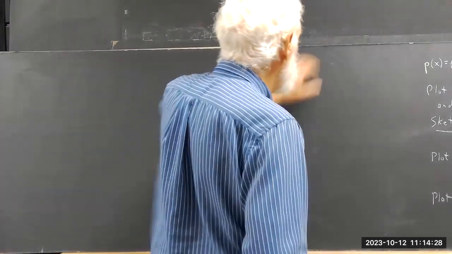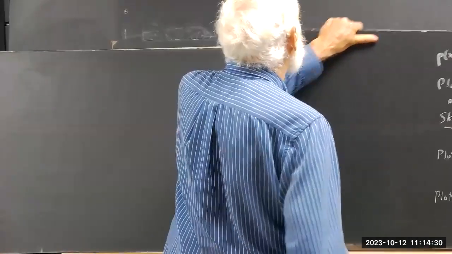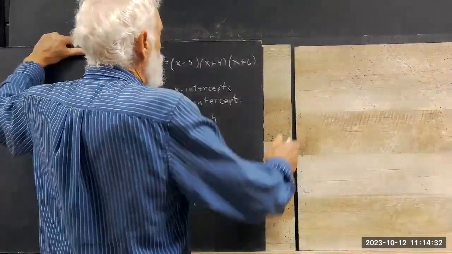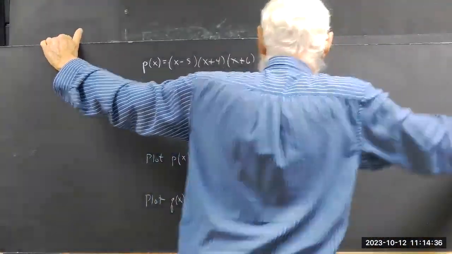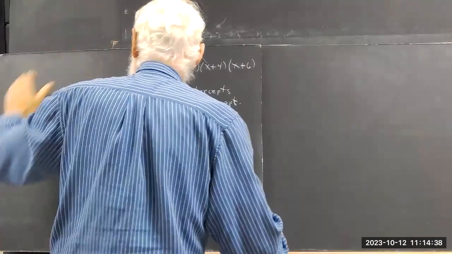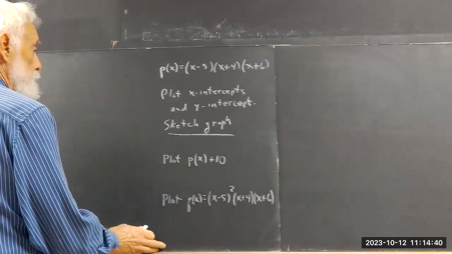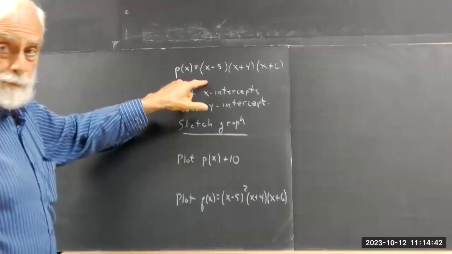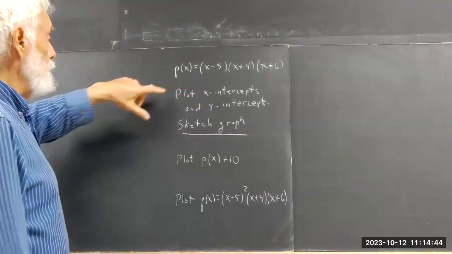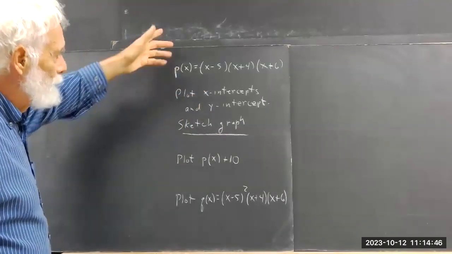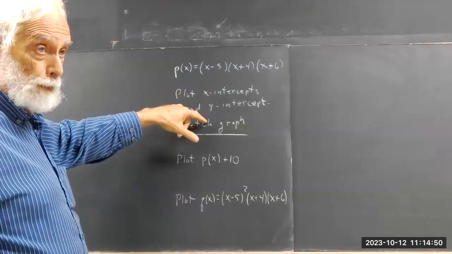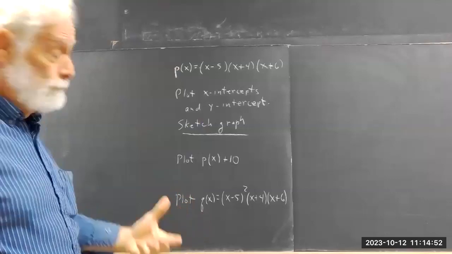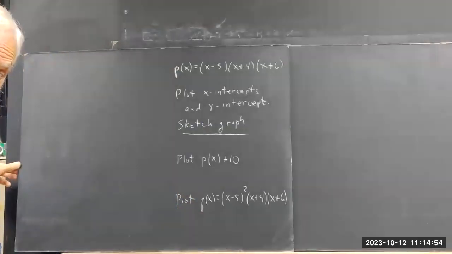Okay, so we have the question you see here. You want to plot this, and I said, always when you have a polynomial, you're going to automatically find the x and y intercepts and plot them. Okay, so